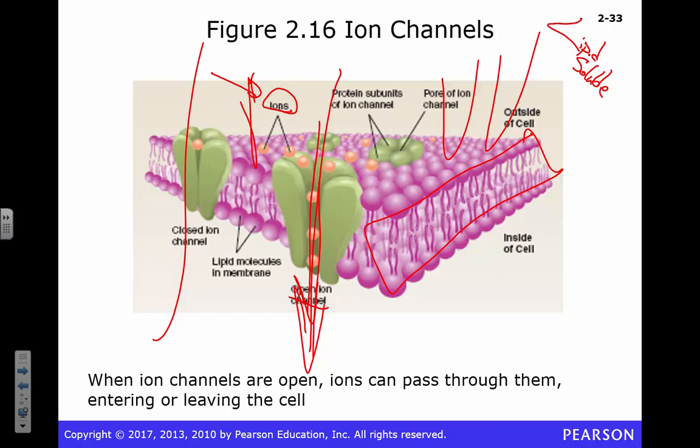Here's the question for you. If I just open a hole, how do I know that only my special ion is going to go through that channel? Okay, well first, some ions have different sizes. So maybe I open a really big hole for big ions, but then those little ones could slide through there too, right? So that doesn't help us any. That's why we have to start thinking about pipe cleaners. We're going to think about pipe cleaners now, and then we'll think about them again later.